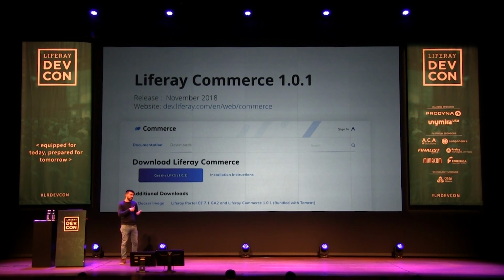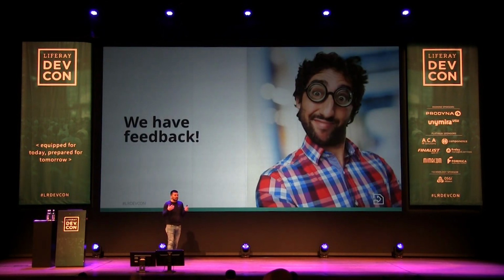From the summer to here, we really worked hard with all our partners and with our sales guys, trying to understand how Liferay Commerce was affecting our existing ecosystem. And we realized that all our prospects were coming to us, and from there we understood that there is a wide variety.